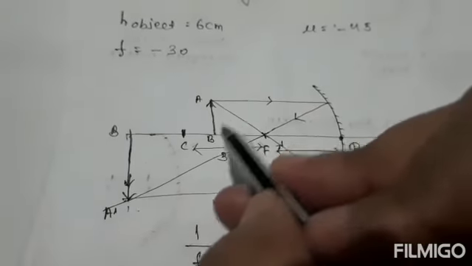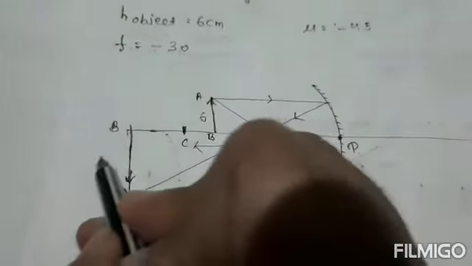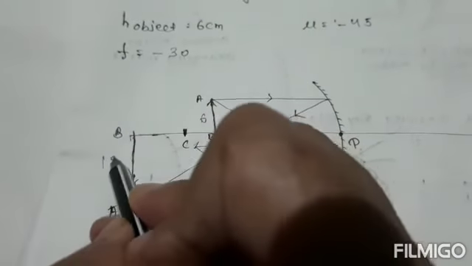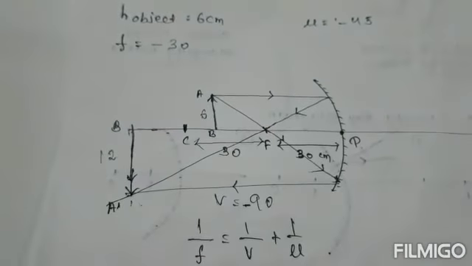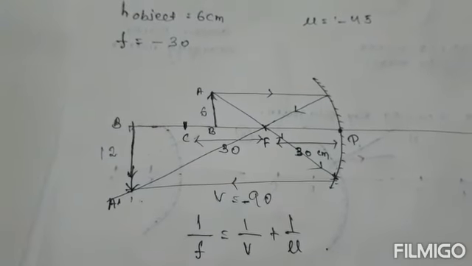So here height of the object is 6 cm. Here height of the image is 12 cm. That means 2 times of the height of the object. Image is 2 times of the height of the object. Okay,